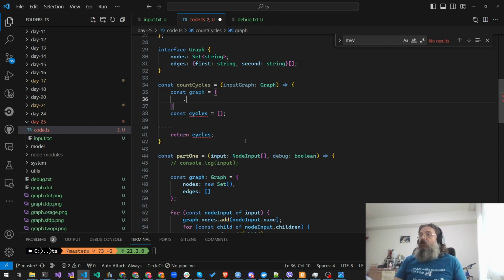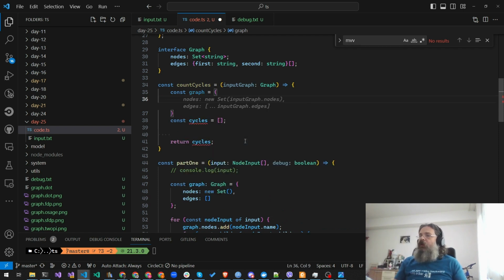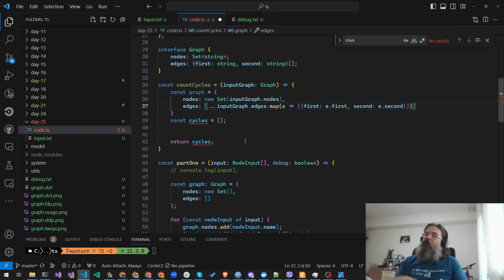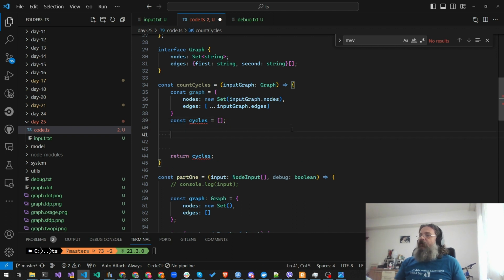And now we cannot just do this because that means that we will still have the same set, but we will have to say, well, the nodes will be that and the edges will be not even that, but a copy. So we're creating an object that's a copy. Actually, we're not touching the edges themselves, so this might work. Cycles is an empty array. And now we say, while we have edges,